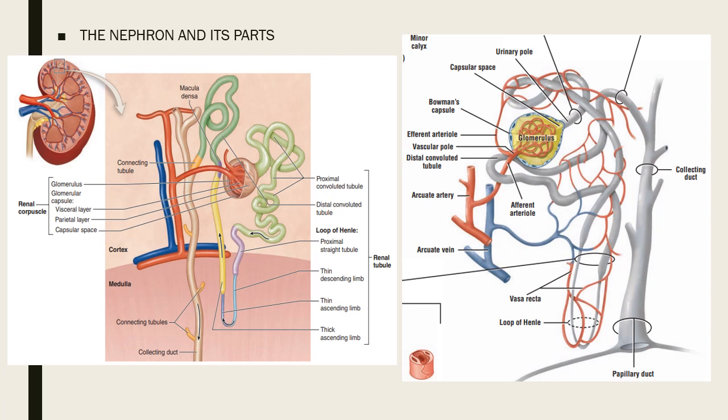And then you have your distal convoluted tubule. It is composed of 2 to 3 loops and begins at the juxtaglomerular apparatus with your macula densa. And your collecting duct traverses the renal cortex and medulla,